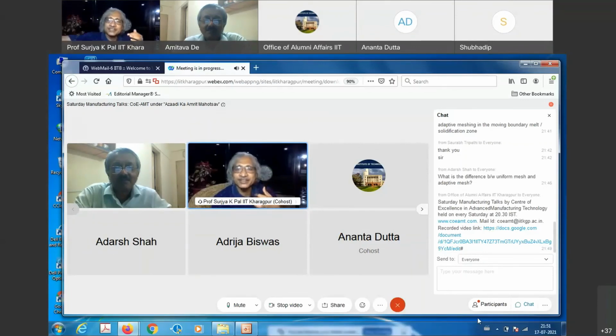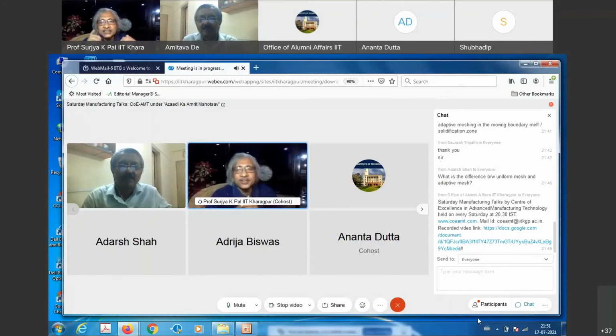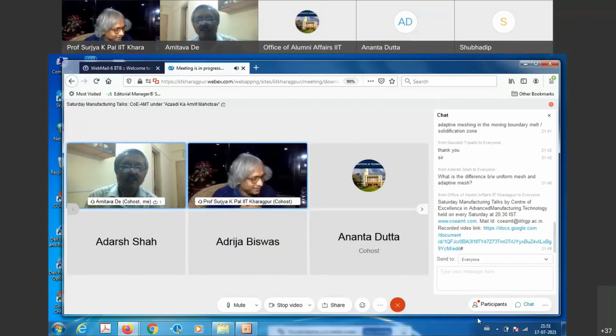You have shown it's a dream that it is now from the artifacts printing, the growth is taking place towards the turbine blade printing and all. So for large size objects and also for mass production, how do you see additive manufacturing as a potential candidate? I think it will remain to be a potential candidate, of course, for,